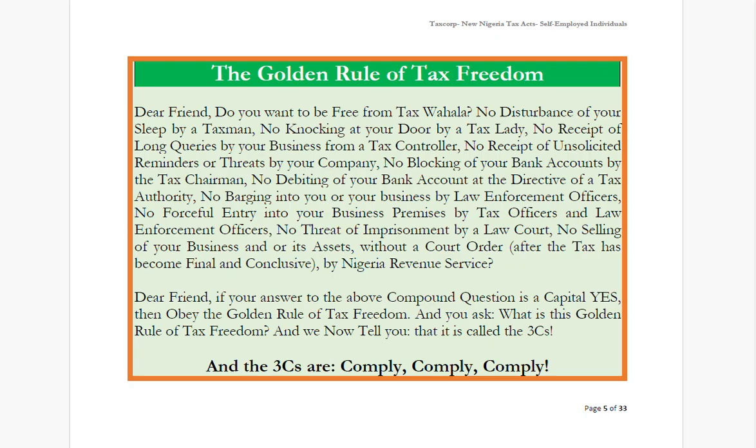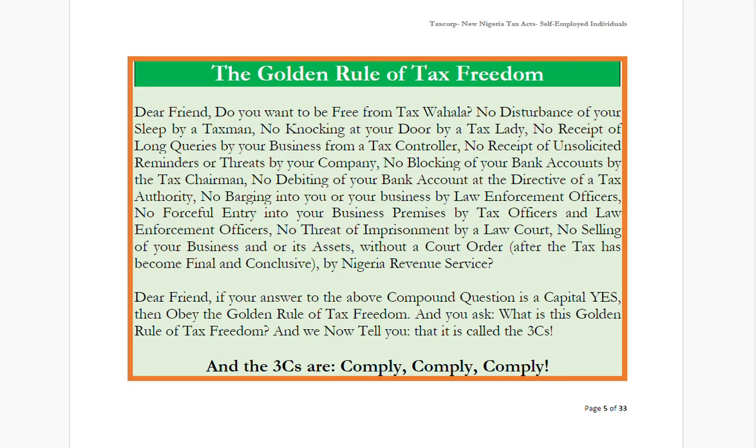Now, the golden rule of tax freedom. Dear friend, do you want to be free from tax wahala? No disturbance of your sleep by a taxman, no knocking at your door by a tax lady, no receipt of long queries by your business from a tax controller, no receipt of unsolicited reminders or threats by your company, no blocking of your bank accounts by the tax chairman,